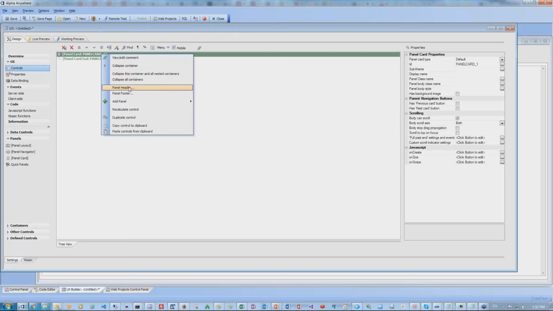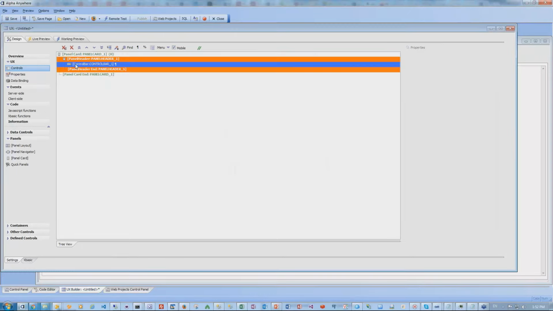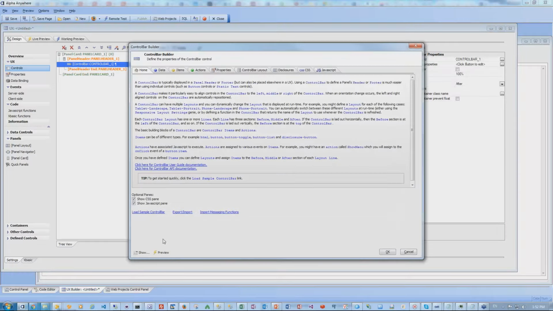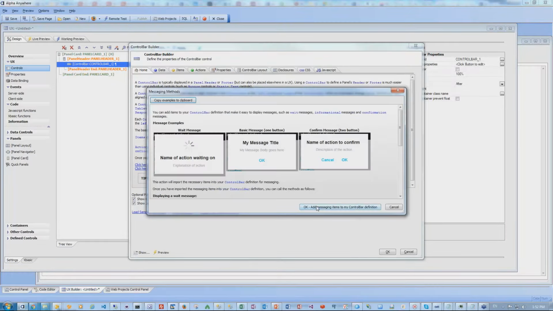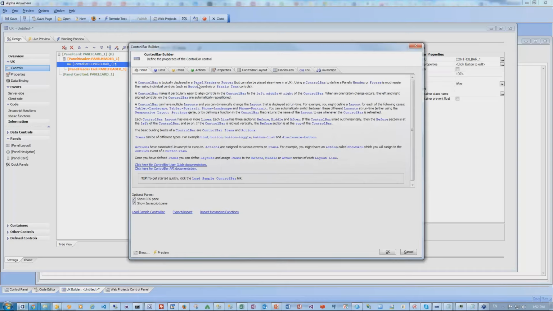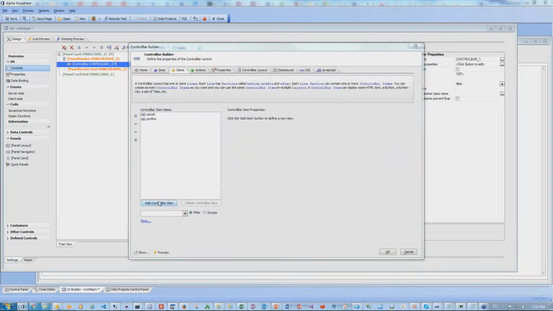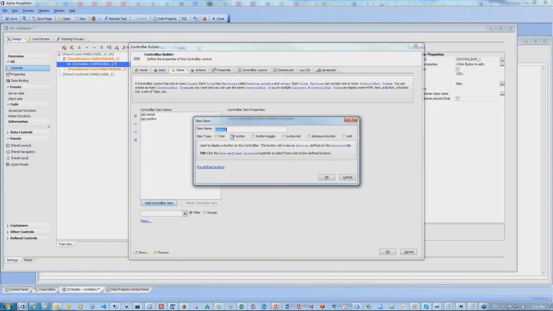We'll import the messaging functions. Go ahead, OK. We'll add our button, which is going to say delete. Go ahead there and press OK. We'll change the button label to